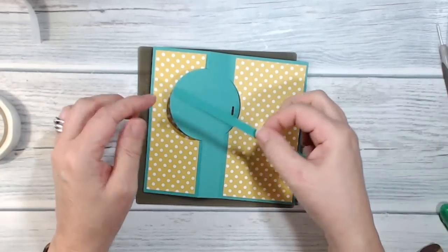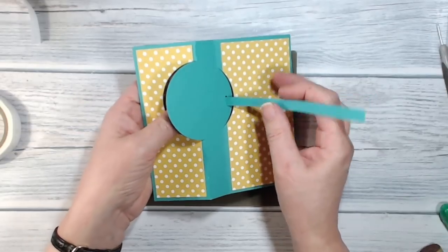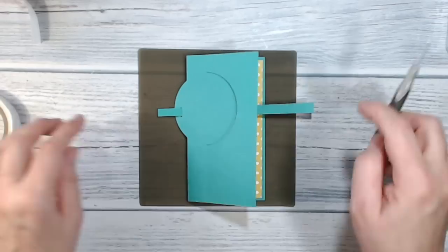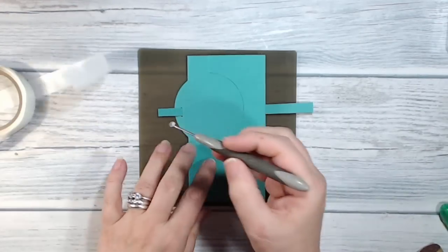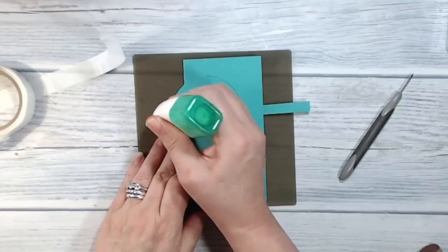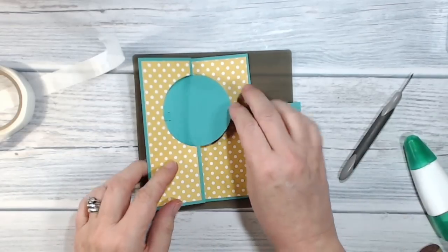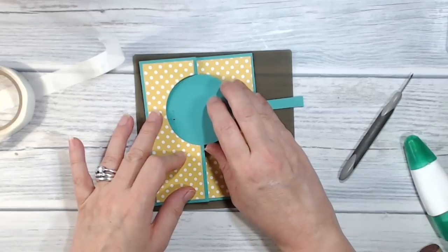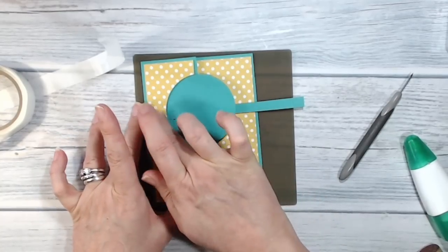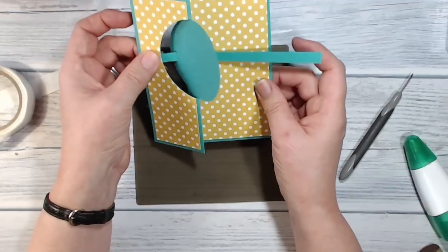So here's my card base, and here's a bit of cardstock that I cut, and I'm going to thread that through the slot that I cut, and I'm going to close up the card. I'm going to close it all the way, and I'm going to keep that pushing, and I'm going to just put a little glue dot on there. And also, because this is going to be an action card and it will probably get quite a bit of action, I'm also going to apply a little bit of Tombow as well. So now I'm going to close the card shut. I'm not worrying about this end for a bit, I'm just closing that end. And now, come here. That moves